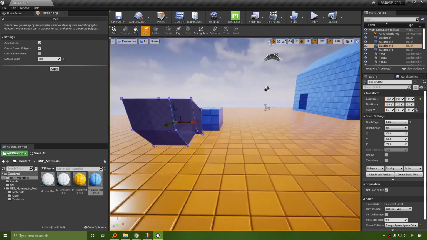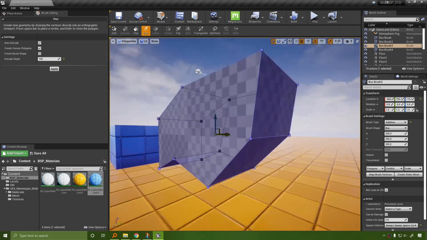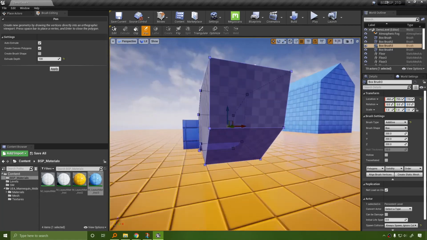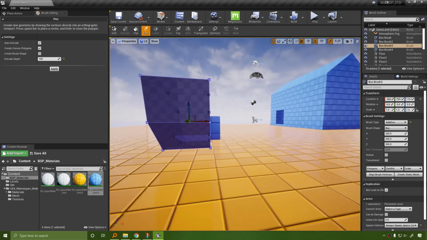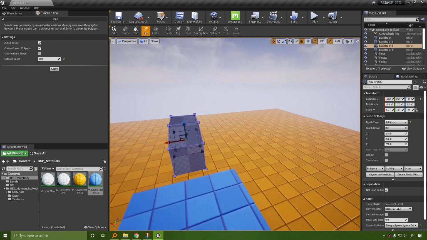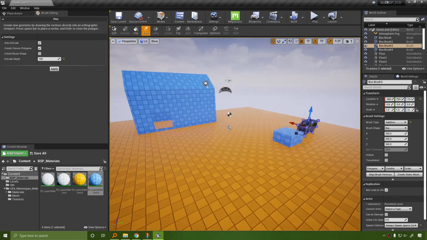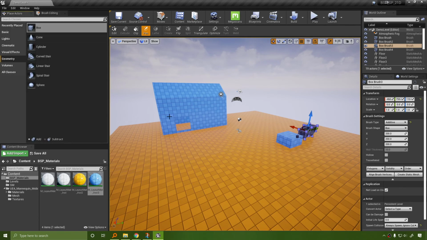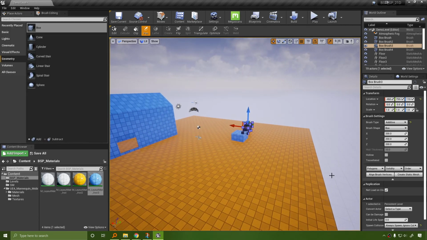So here's our weird little shape, and we see that we set our extrude depth to 100. So I probably should have set it to 200 just to be the same as the box. But as you can see, we made a custom shape. I don't think there's any reason why you would want to make a custom shape. I'm going to quickly go over the other shapes, and then we can call this, because, wow,